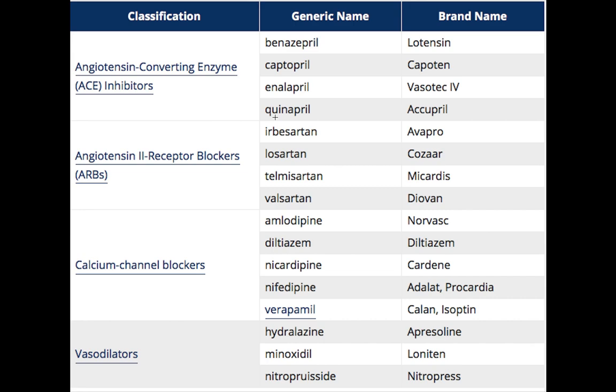So the most important thing with ACE inhibitors is the drugs ending with pril: benazepril, captopril, enalapril, quinapril. Brand names will vary. The drug captopril is an active drug. I only give captopril to patients who do not have any liver disease, such as cirrhosis of the liver or fatty liver. The reason is that it is the active drug and does not need to go through the liver to be metabolized. Whereas you have enalapril and lisinopril, which is not mentioned here.